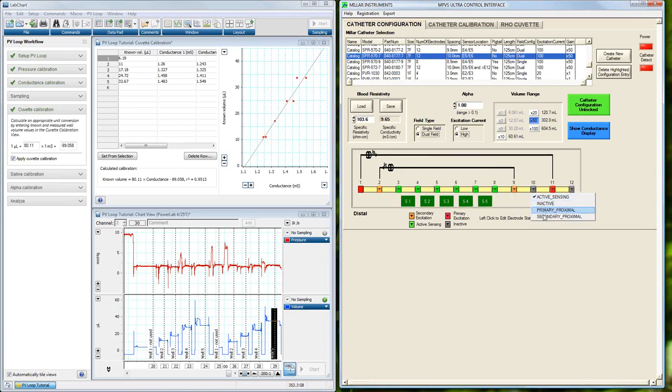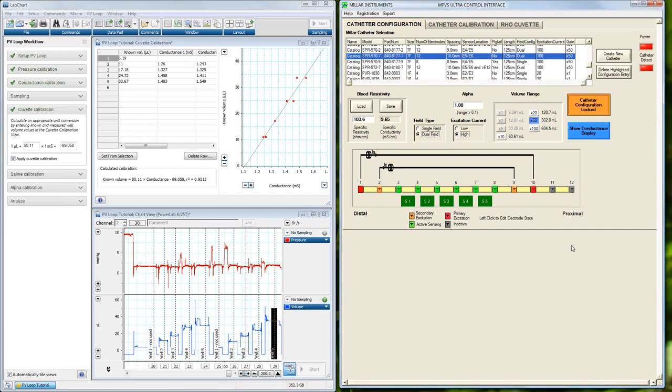and then I can go ahead and move my primary proximal down and just keep controlling the width of our sensing region and also the width of our field that we're generating inside the left ventricle. So this is the way we can add more segments or decrease. Of course, we can go in here and change with the catheter configuration lock, just like we can in small animal, change the volume range,